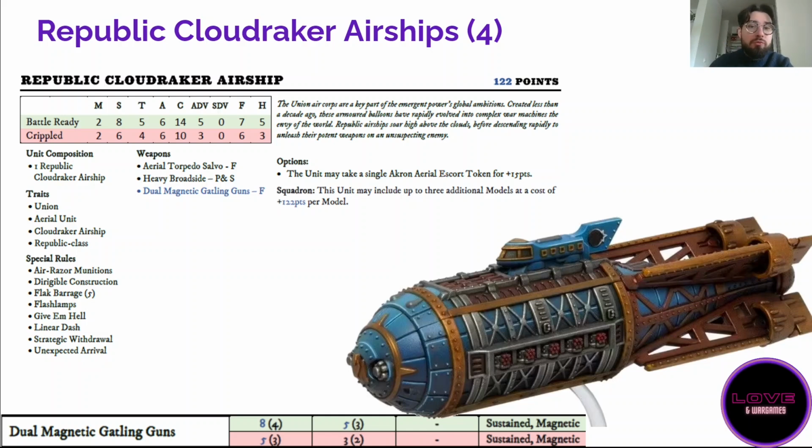And since you want to jump around with this ship between strategic withdrawal and expected arrival, it means that 1 ship is going to be 5 dice and you're going to make +3. So at the maximum, it's going to be 14 dice, I think. Of course with sustained and not even Give Them Hell, because dual magnetic Gatling guns for some reason are neither fusillade nor gunnery. So yeah, a ship that is much weaker now, cheaper as well,